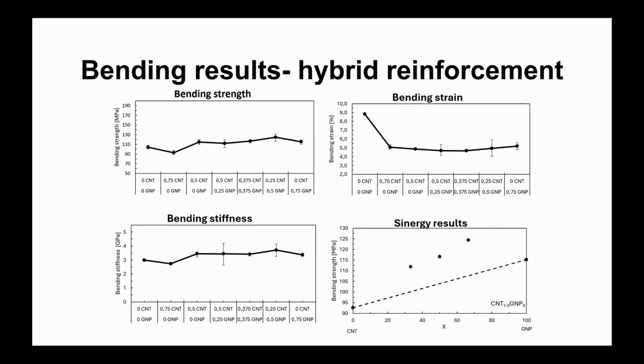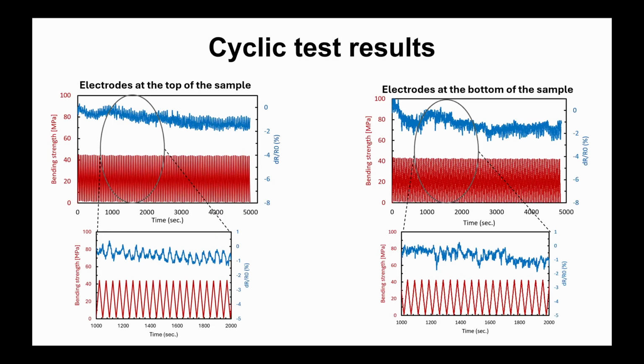For bending strain, the 0.375% showed the best results. Analyzing these results as synergy, you can see that all hybrid mixtures have a synergetic effect, which can be seen here. They are above the line, and therefore they're good. So moving to the cyclic tests,